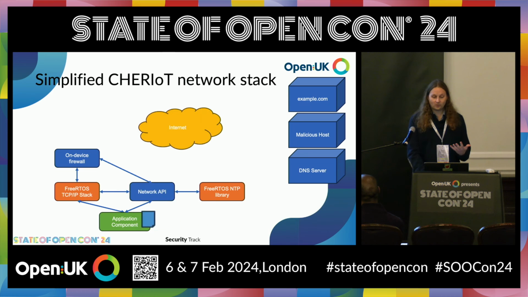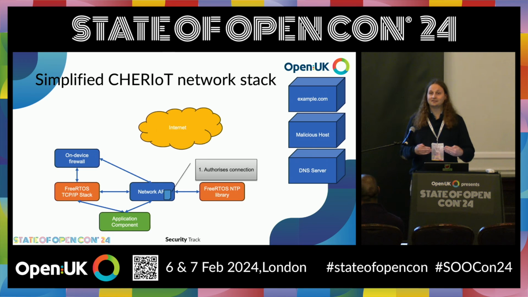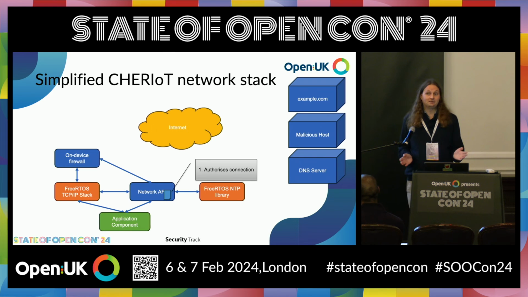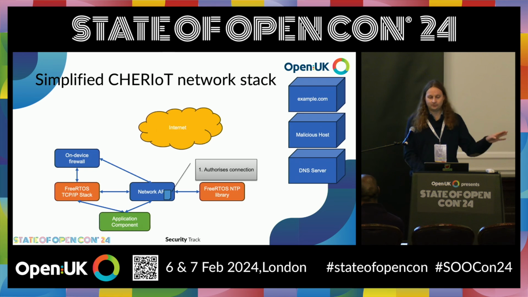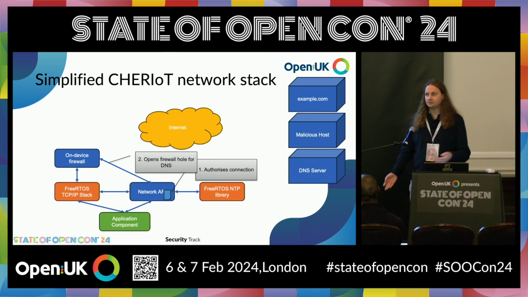And when you want to create a connection, you hand it to the network API compartment, and this is the thing that runs the control plane for the network stack. And it unseals it, and as part of unsealing, there's an implicit check that, is this really a thing of the type I think it is? And if it isn't, then unseal fails, you get back an invalid pointer, you check for that, you return an error. Or if you try and use it, you crash, so don't. And then this will open a hole in the firewall to allow a DNS request. So most of the time, we're not doing DNS requests, so we keep that closed in the firewall.